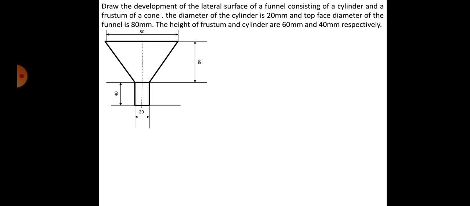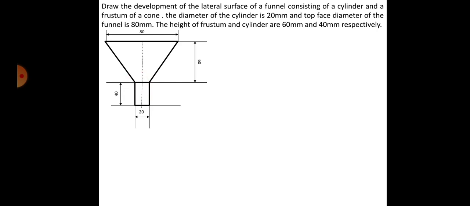I just want to repeat how this is done, because you may get confused with the drawing. First you will draw the cylinder. All the dimensions of the cylinder are given. This is set to be 20 and this is set to be 40. So you will draw that, and they have only told that the height of the frustum is 60, because it is not the complete cone. The frustum of the cone, half portion is cut here, isn't it? So this is at a height of 60 and the base is 80 of the cone. So this side should be 40, this side should be 40, and then it has to be joined.